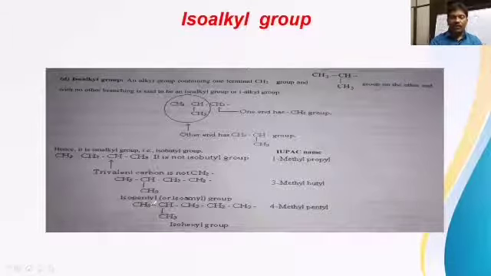Pentyl is C5H11. Isopentyl is also called isoamyl. Isoamyl group or isopentyl group we say in the common name system. But in the IUPAC name it is 3-methyl butyl. I told you why it is called 3-methyl. The free bonded carbon must be allotted the first position. Then it is the second carbon, third carbon, fourth carbon. So on the third carbon there is a methyl branch. That's why it is called 3-methyl butyl.